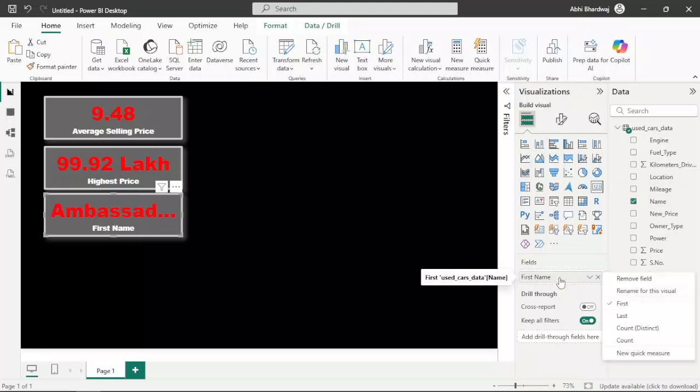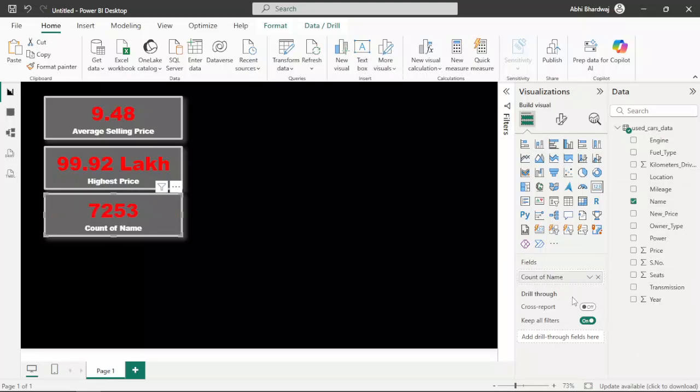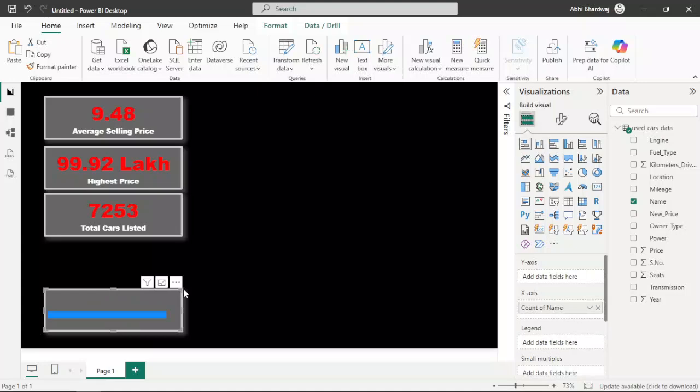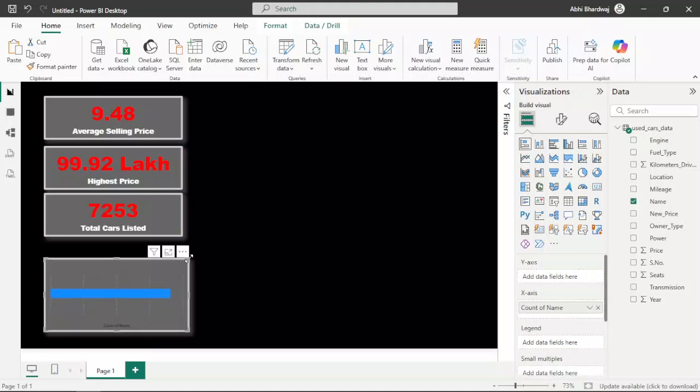Or we can have number of cars as well over here. So let's rename it total cars listed. Okay, now coming down to our first visualization, which is going to be a bar chart. So in the x axis, let's have